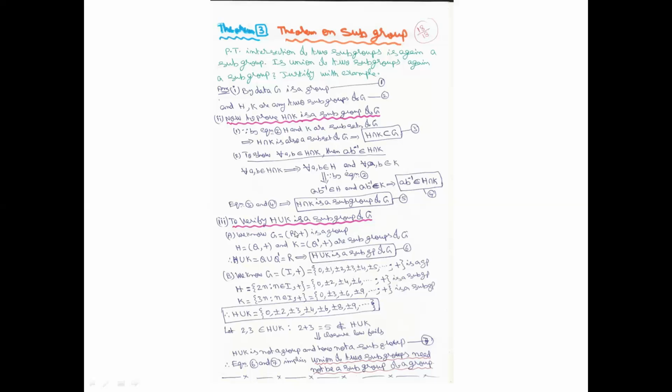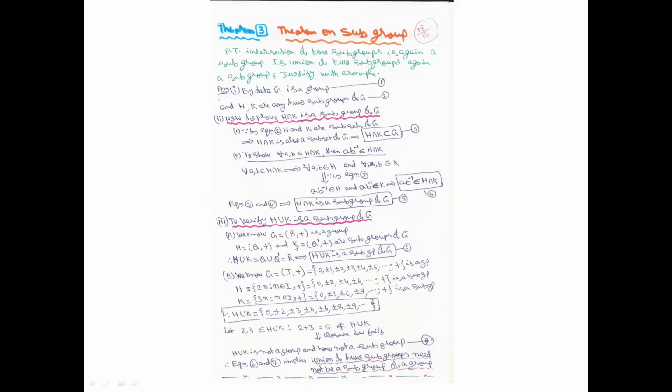We know the set of, see the cursor, real numbers under addition is a group. Now, the set of rational numbers under addition, we proved it is a group. The set of irrational numbers Q dash under addition, we also proved it is a group. So the set of rational numbers under addition is a group, and I denote it as capital H. The set of irrational numbers Q dash under addition is a group, I denote it as K.